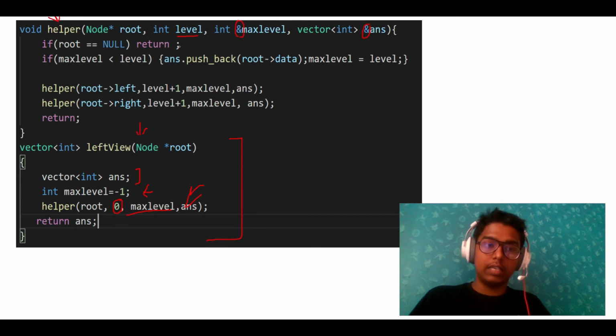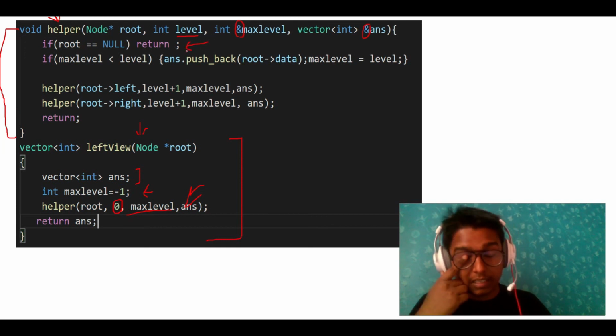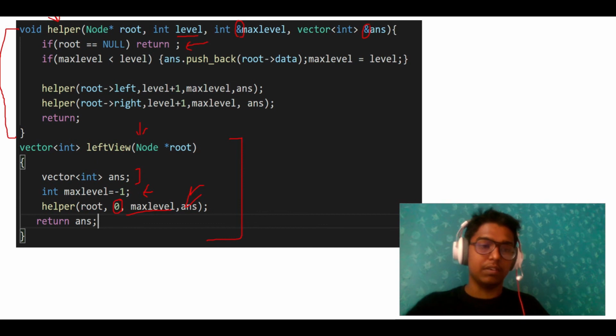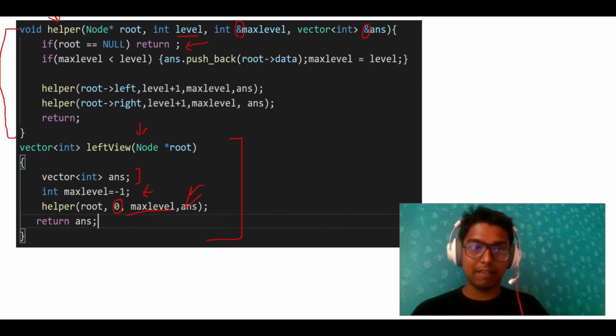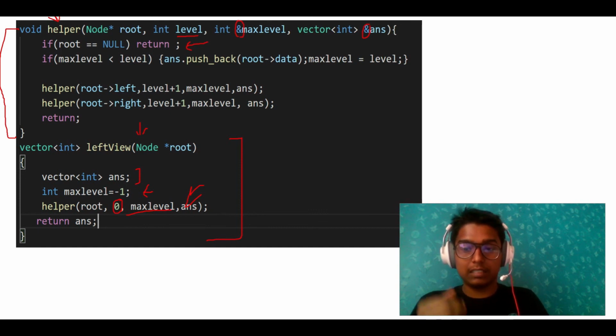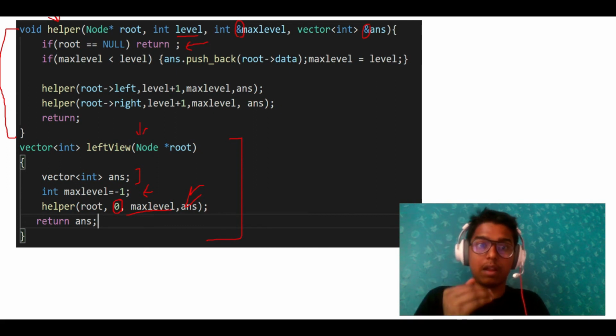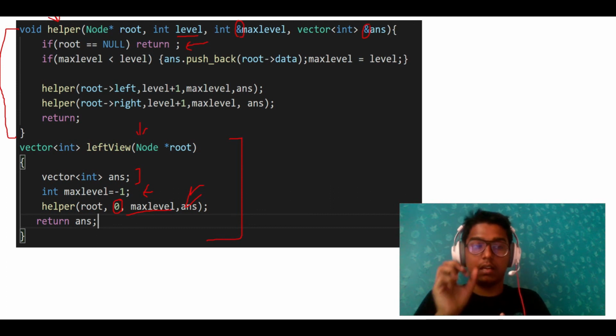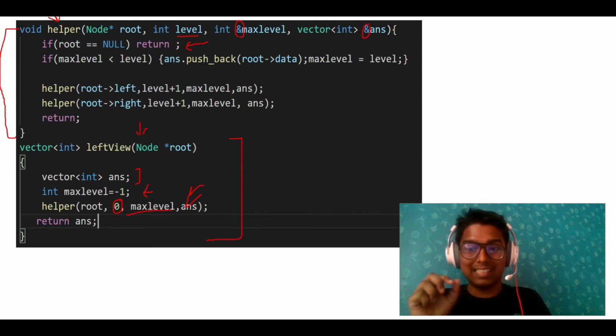So in this helper function recursion, if the root is null, then simply I need to return, right? This is simple. If the max level is less than the level, as I have already told you, the max level will tell us whether I have to insert the value of this node into our answer vector or not, if we have not covered this level yet.